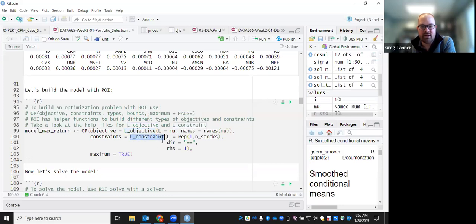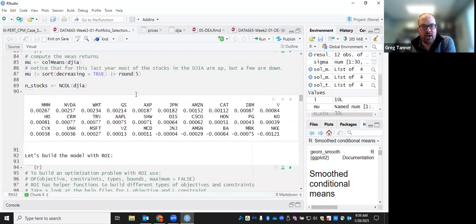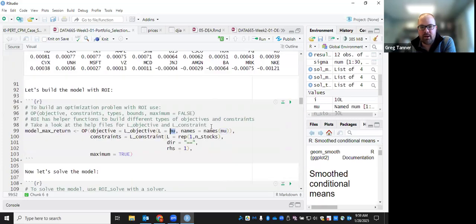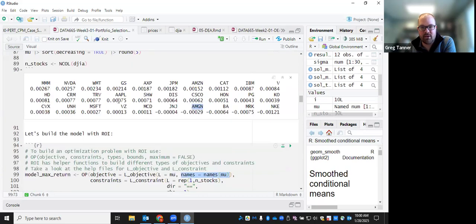Same thing with constraints. There's a bunch of helper functions that help you build your constraints. And in this case, we're building a linear constraint. I encourage you to look at the help files for L_objective and L_constraint. But in essence, for a linear objective, you need a vector of coefficients. And in this case, our vector of coefficients is going to be the mu vector of these average returns. We can also provide names at this point when we do our objective function. And that will essentially set the names of our decision variables. And so we're going to keep our decision variables named with each of the stocks' names that are also in